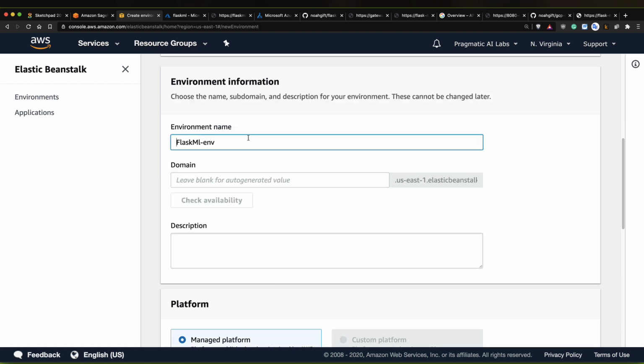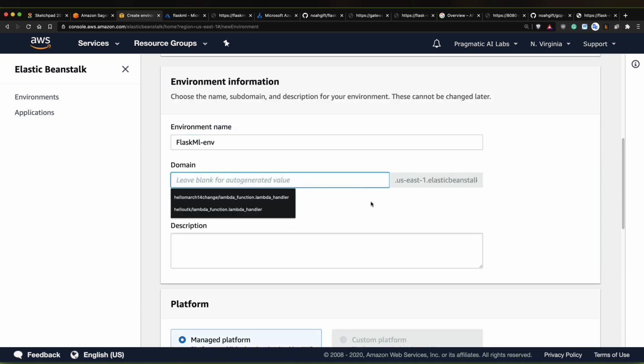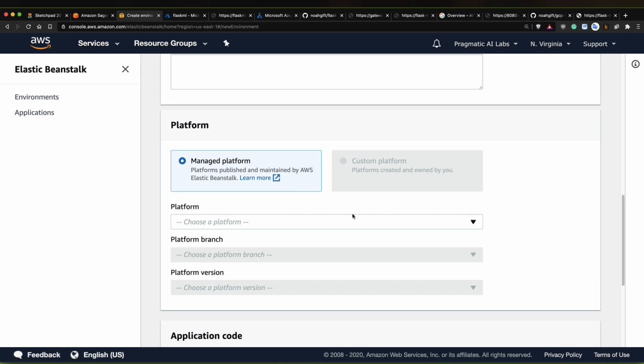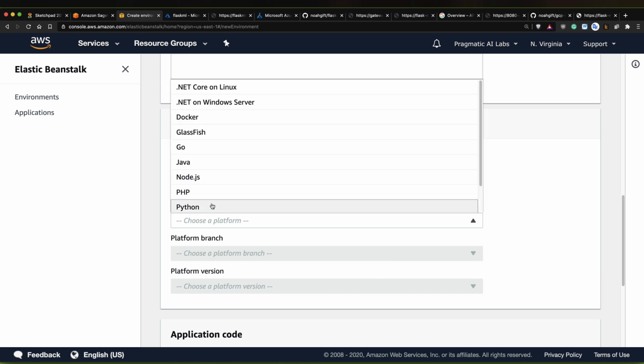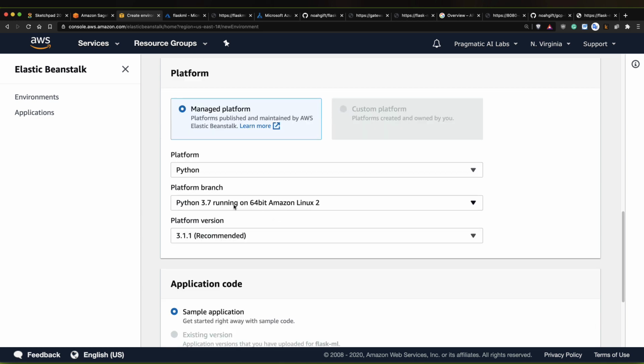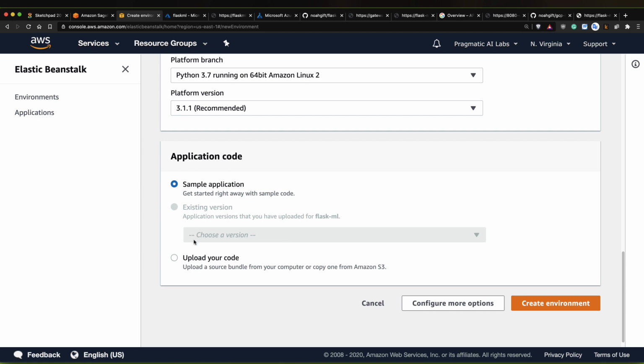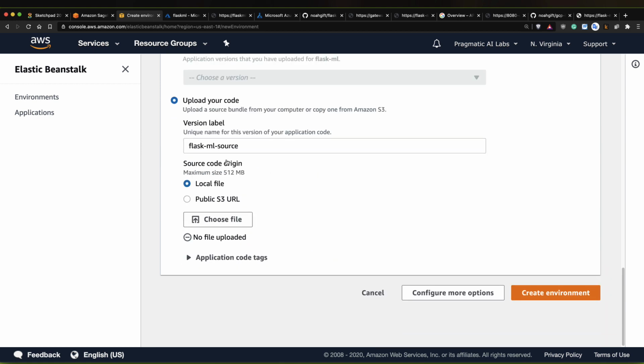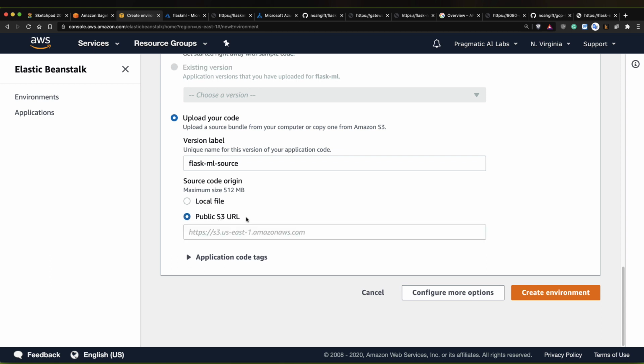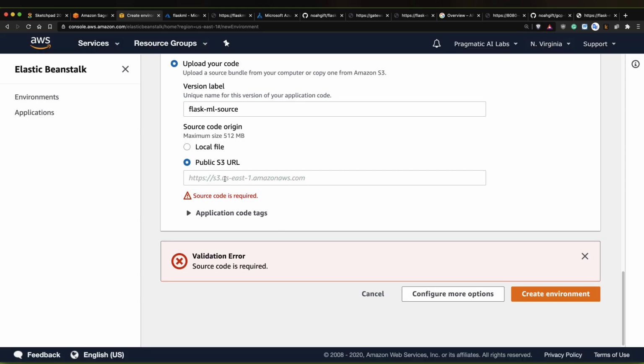And from here, you would put all this stuff in here. Sure. Manage platform, choose a platform, Python 3.7, upload your code. Here we go. I could say, where do I want my code to live? I could put that into either a public S3 URL, or I think I can tell